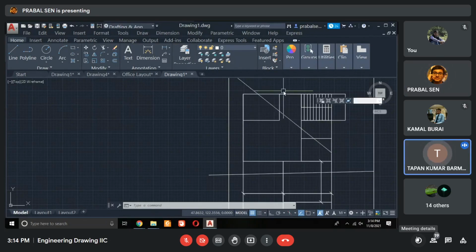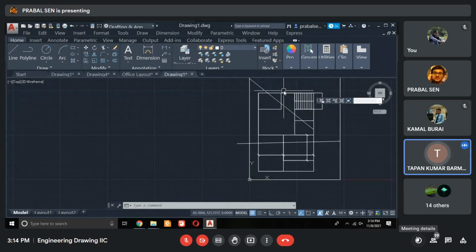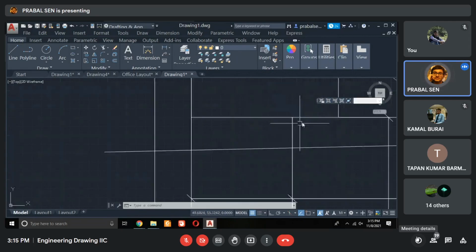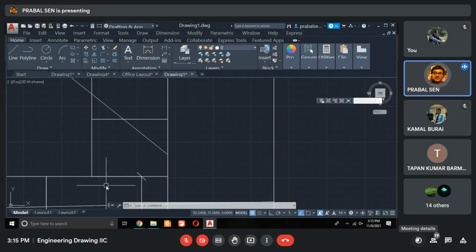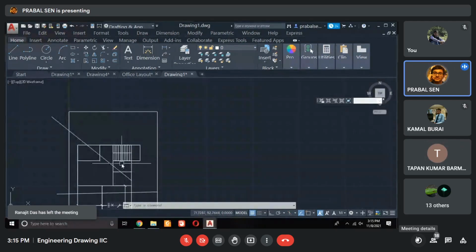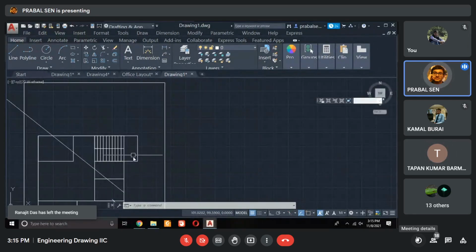No, basically, to make the offset, you have to select the object. If you use the polyline option or polyline command to make those lines, then by clicking once you may select the whole thing. In offset, you need to select the object. While drawing, I was drawing in line mode and small offsets. I have drawn this line at a distance of 1500, given the offset command of 1500, offset this small line to that and extended. Understand?